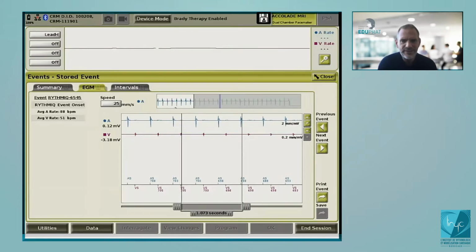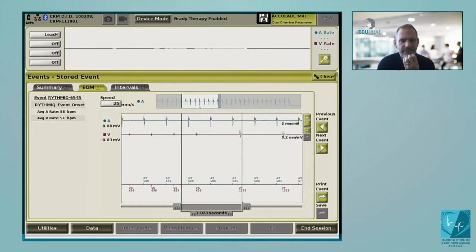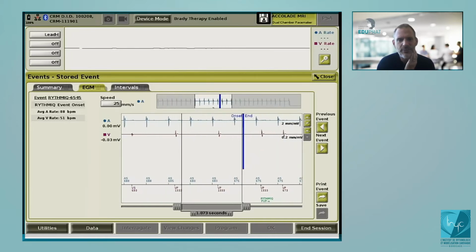In this specific event, for example, if you can, yes, click and see, stop. You see, that's a real AV block. You see there is a block P waves. And you see there is a VVI backup pacing. The minimal heart rate has been programmed at 60 beats per minute. So you will pace at 45 beats per minute. So it corresponds to an interval of 1,333 milliseconds. And you see here 3 blocked P waves, so 3 backup pacing. And after 3 out of 11 ventricular cycles, there's going to be a switch to DDD. Okay. If you close